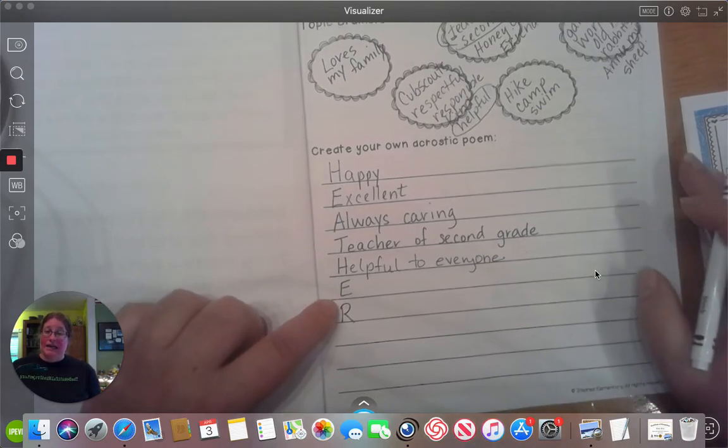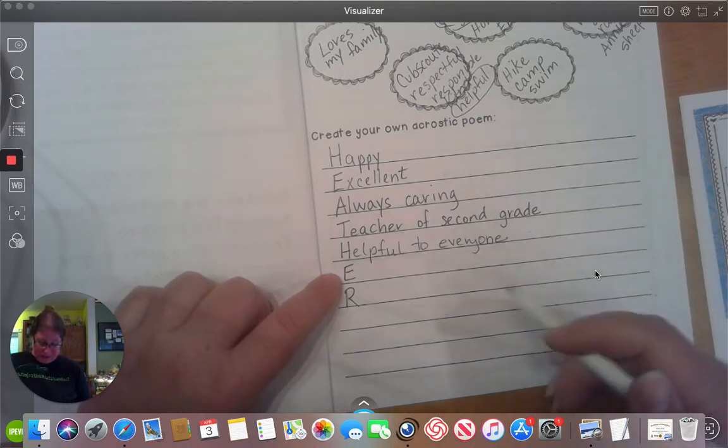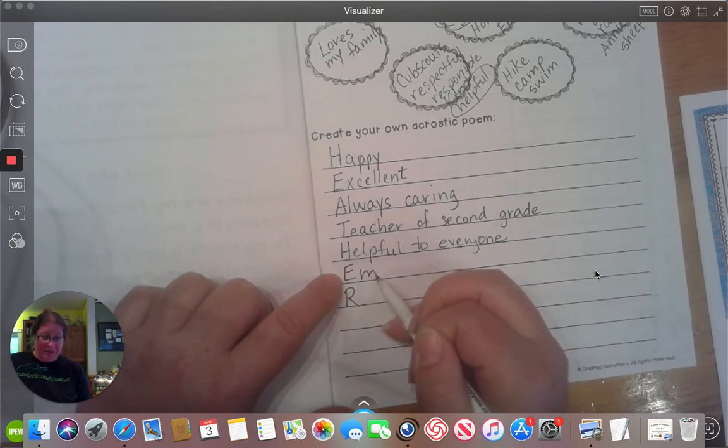Now I need E, and E was a little hard. So I had to go to my oldest son, and he said a very good word. He chose the word empathetic. Empathetic means you have empathy